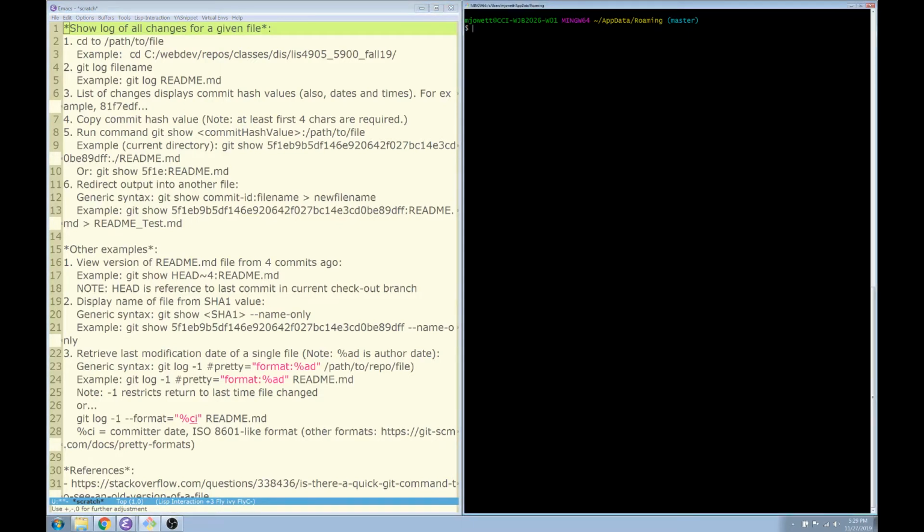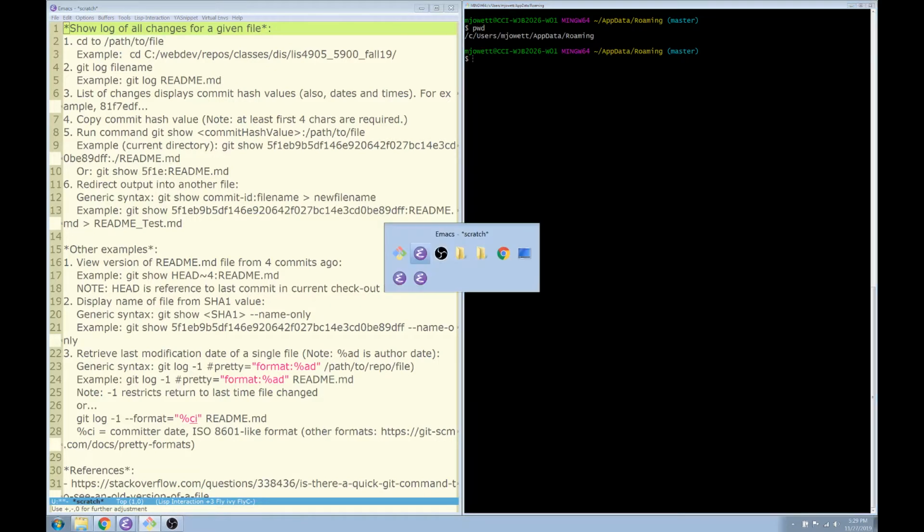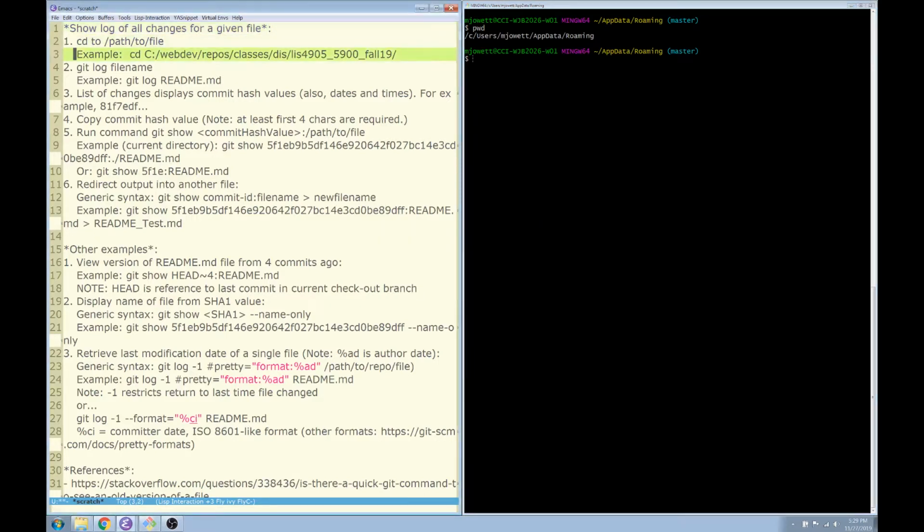You can see that I'm in my home directory, app and then app data roaming. I'll do pwd, present working directory, and it's showing that it's going from the C drive to users to my username to app data to roaming. And again, PWD just stands for present working directory. And what we need to do for this demonstration is CD to a